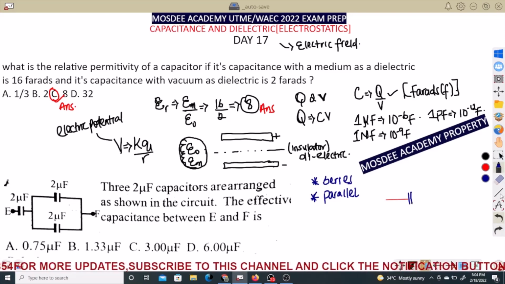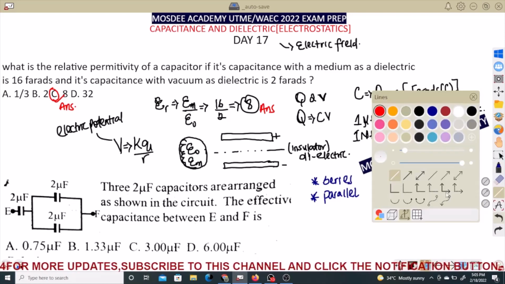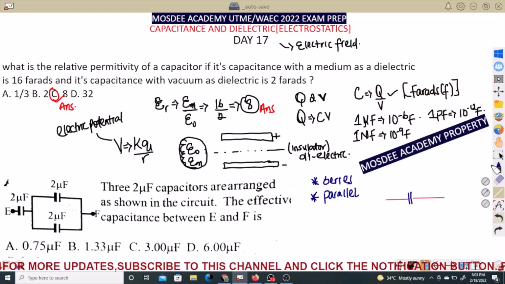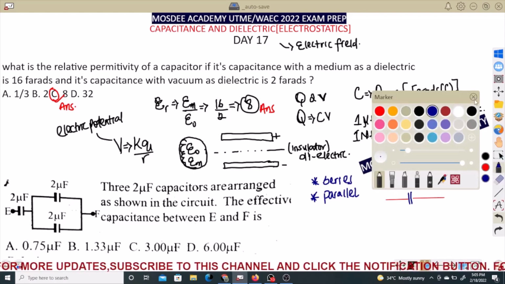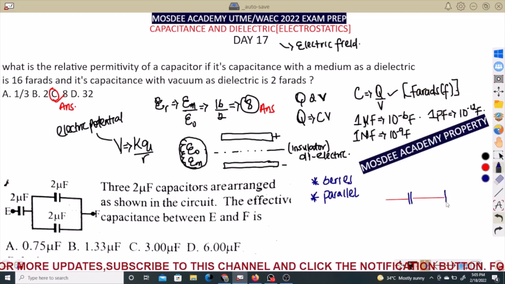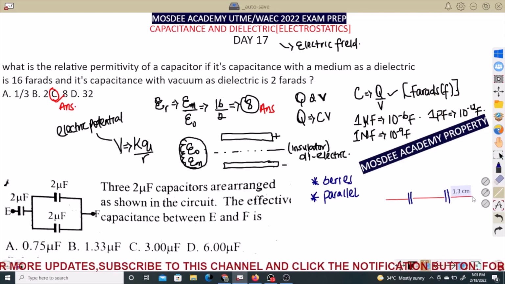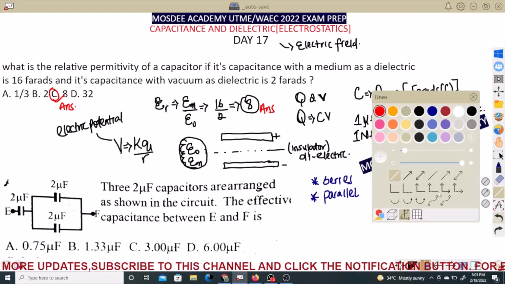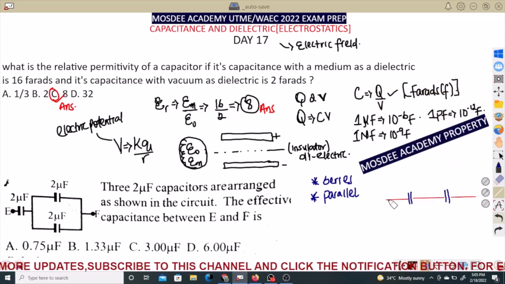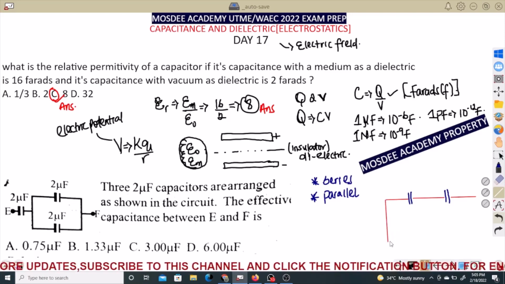So now, that's the first one. When they are connected in series, we now define what we call equivalent capacitance. Equivalent capacitance of series. Now, these are two equal strokes. Please note that they must be equal. They are now connected directly to a battery of V. I should just show that it's just time. Time is always a major constraint when we are doing this type of stuff. Now we have this,